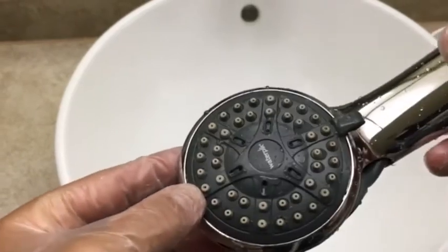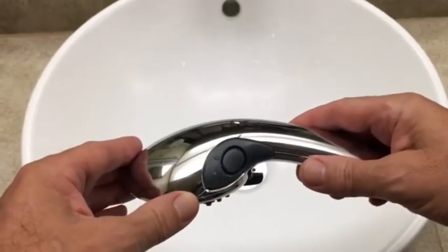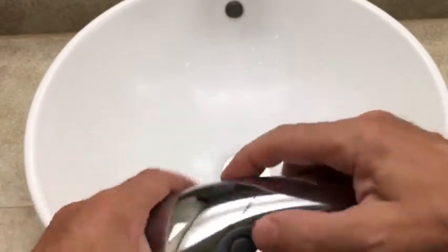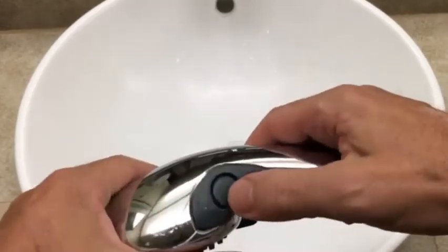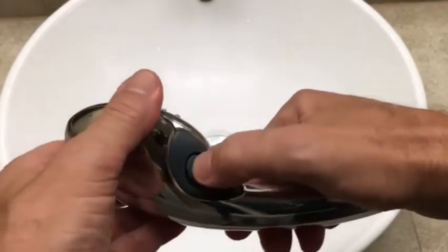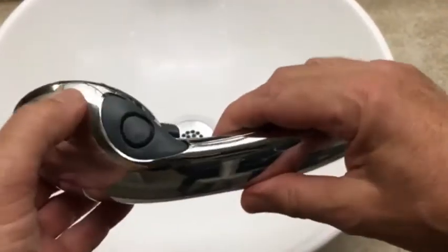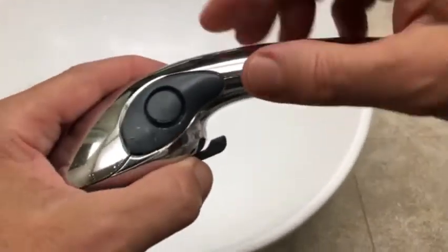Okay, there's one more thing that I do. The other maintenance step that I do on my shower head is I lubricate this button. This is a diverter button, and what it does is that it turns the flow almost off, and it can get really stuck. In fact, the first time I serviced it, it was just almost impossible to move. So what I do is just very carefully